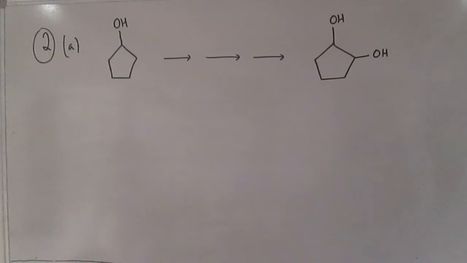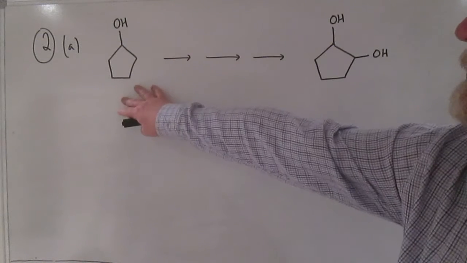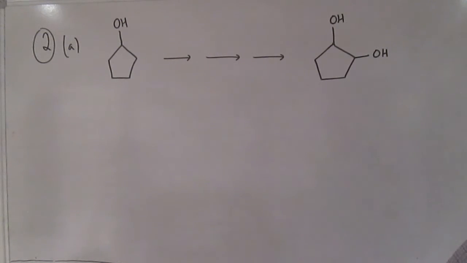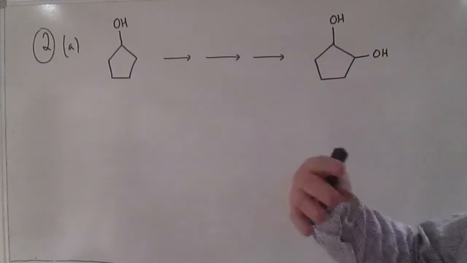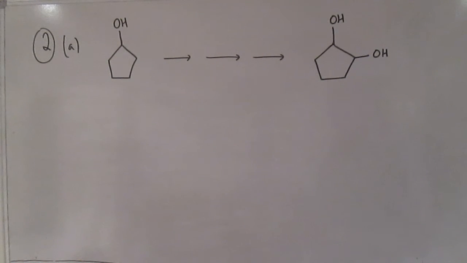Question 2a is about something really important, because in many ways this is what organic chemistry is for. It's the idea that you can't always convert one thing into another just in a single step. In real life, organic chemistry is about stringing together a sequence of reactions to bring about a change that you need. And it's one of the things that you have to